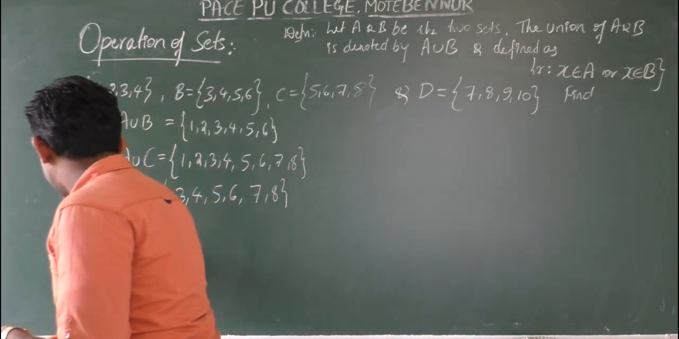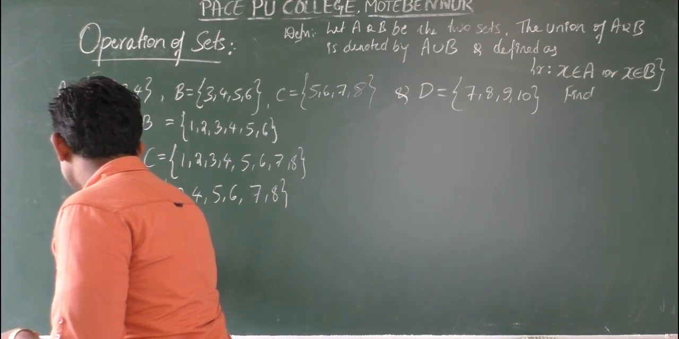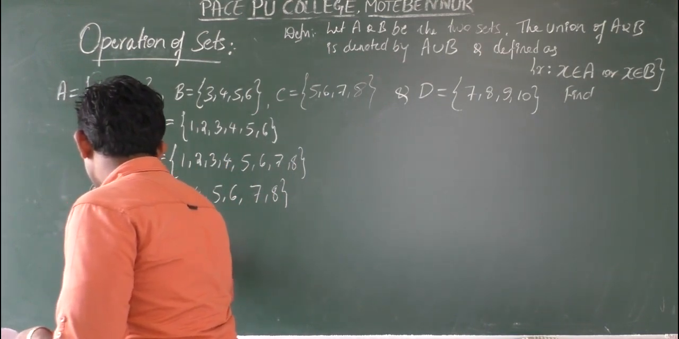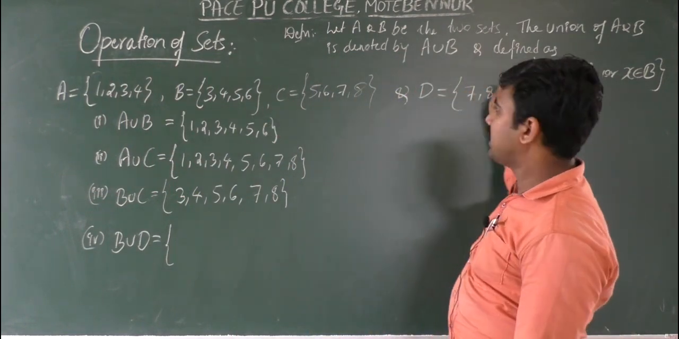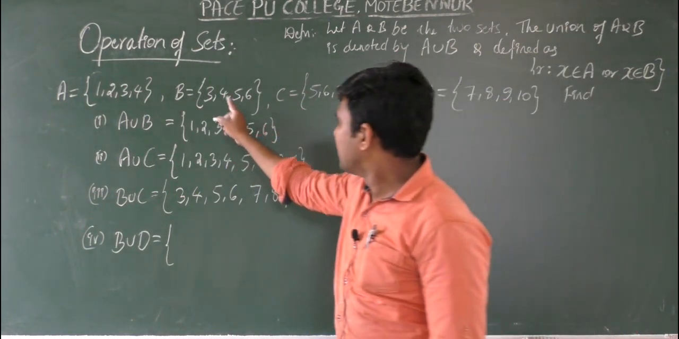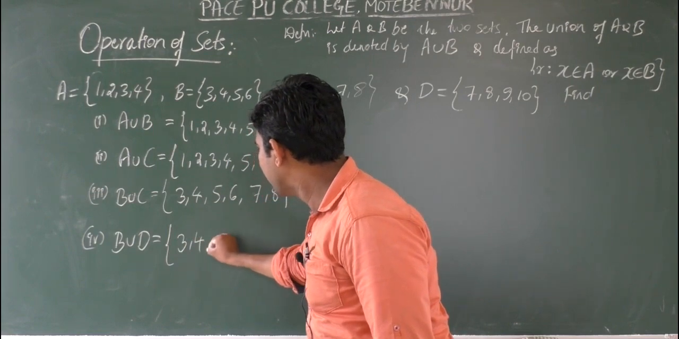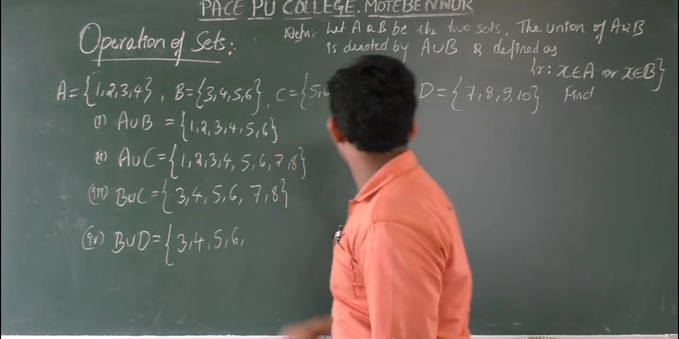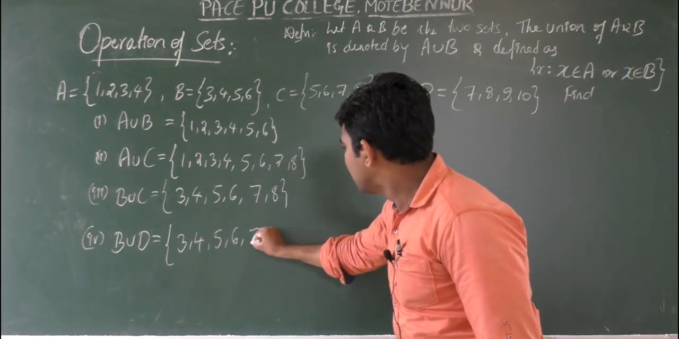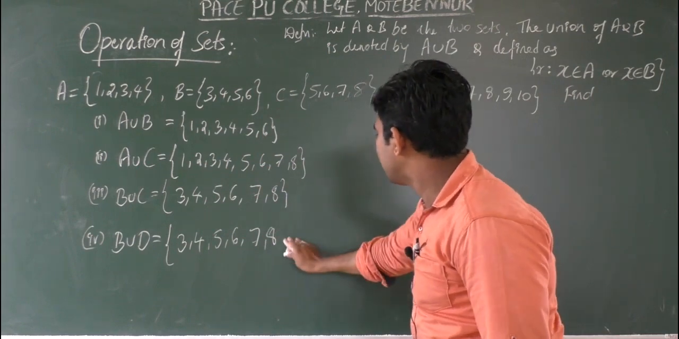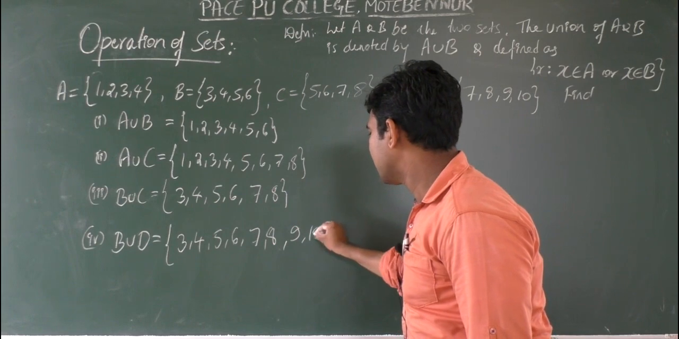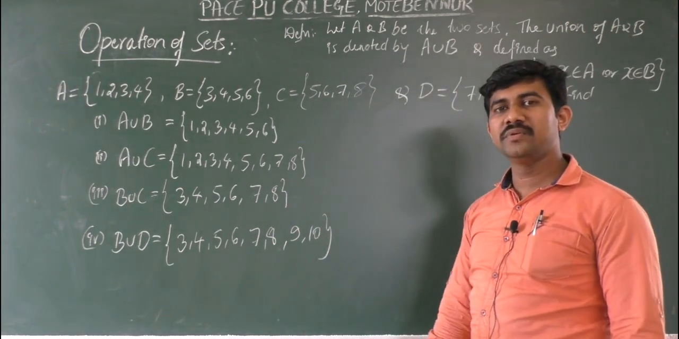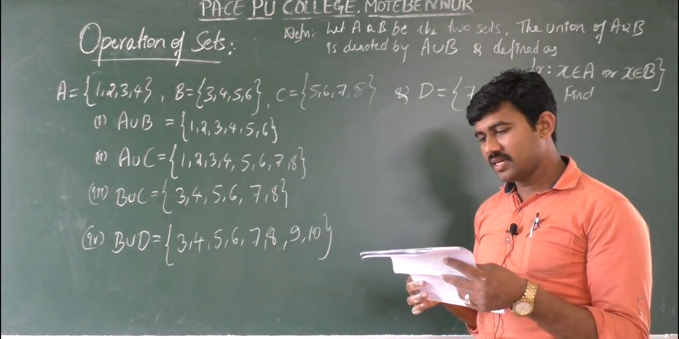Similarly, the fourth question they ask is B union D. What is B union D? Look at the sets B and D. Collect all the elements: 3, 4, 5, 6. Next 7, 8, 9, 10. And this is nothing but B union D. And then